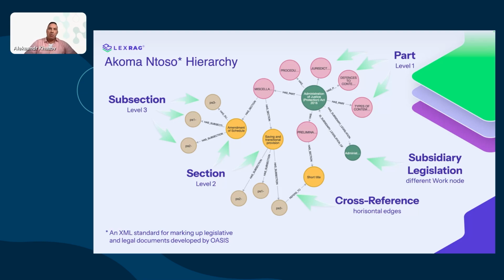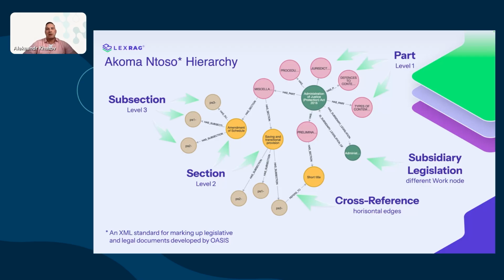Actually, it's a very important step in developing legal tech in general, because it allows us to make markdowns inside legal texts. So this is one part of Akoma Ntoso: it represents hierarchy,